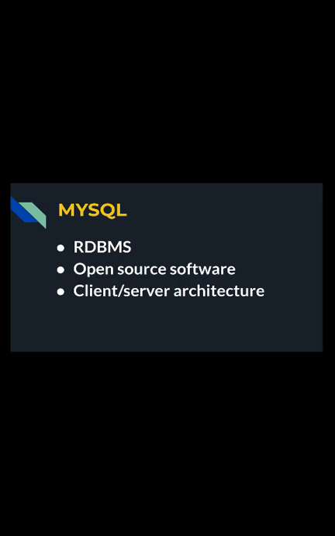So what is RDBMS? Actually, we know that in SQL we can create tables, right? And these tables can be linked with each other. Similar type of tables can be linked to each other, and we can access the data of many tables by using a single query. So this is actually the meaning of relational database management system. That means we are creating a relation between different tables to access the data from them, right?